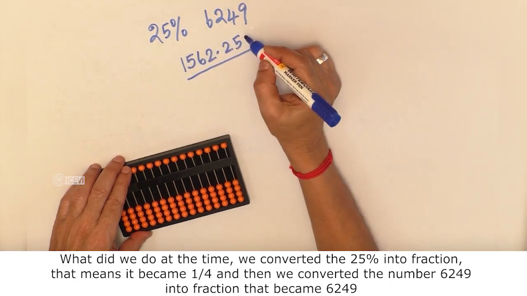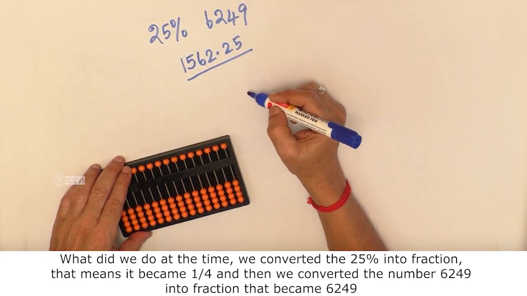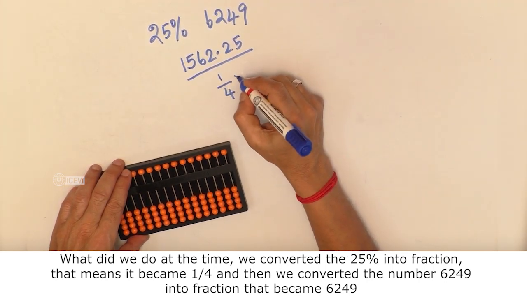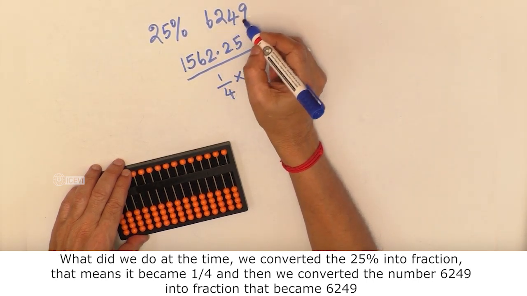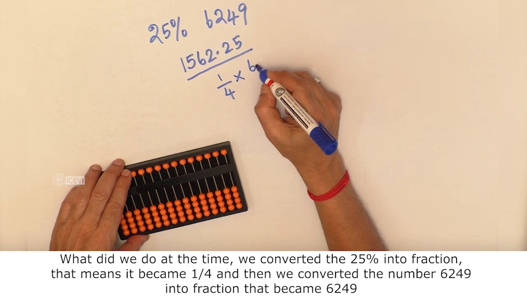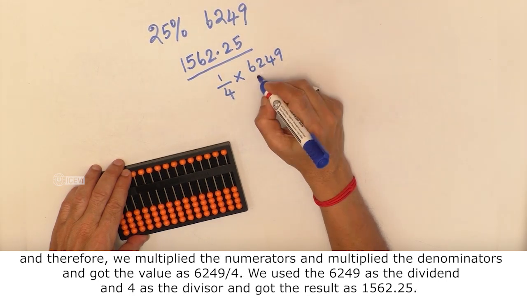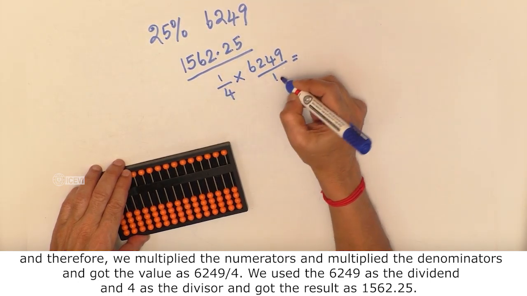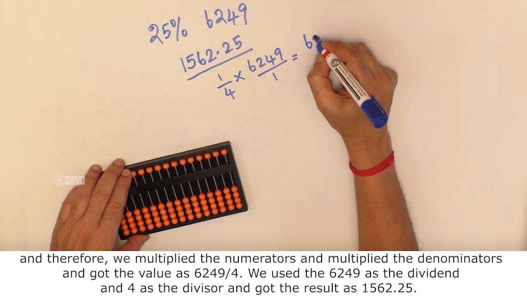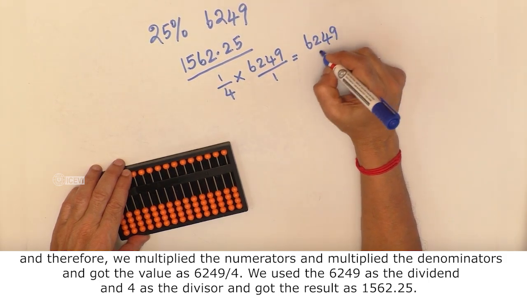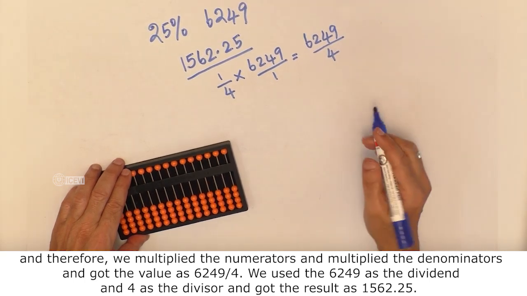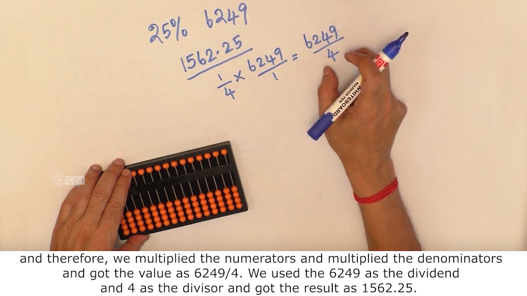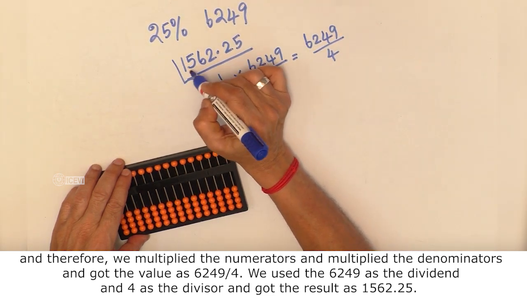We converted the 25% into a fraction. That means it became 1/4. And then we converted the number 6249 into a fraction, 6249/1. Therefore, we multiplied the numerators and multiplied the denominators and got the value as 6249/4. We used 6249 as the dividend and 4 as the divisor and got the result as